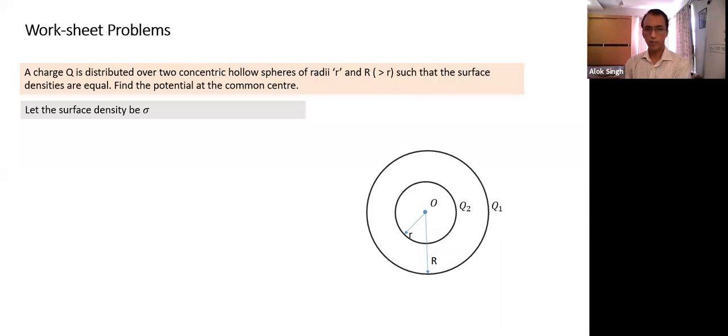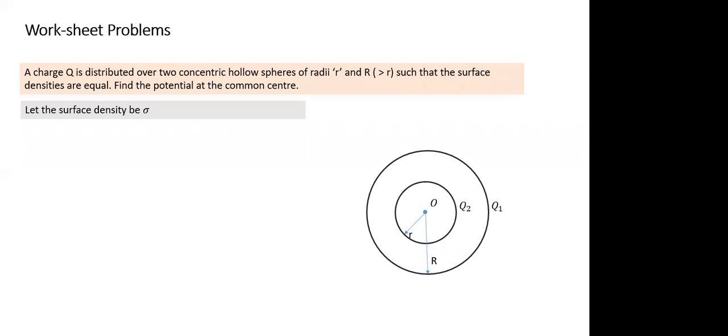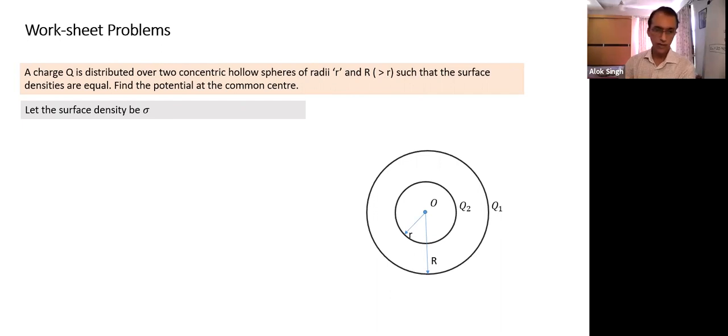So, Ahlad, how did you solve this question? There, Q equals Q2 plus Q1. After that, I took the ratio of the surface. So basically, what you're saying is, if you assume the charges to be Q1 and Q2, the sum of these two is equal to the total charge Q, which gets divided into two surfaces such that the charge density is equal.